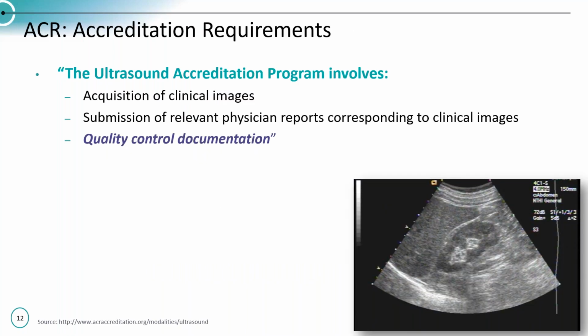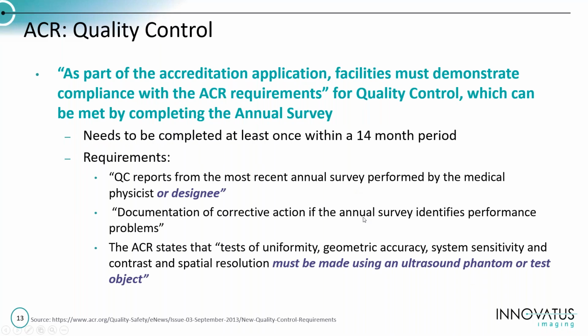So let's take a look at accreditation requirements for ACR. So we have the acquisition of clinical images that we talked about earlier and the relevant physician reports. But the third component is our quality control documentation. So if we look at the requirements,